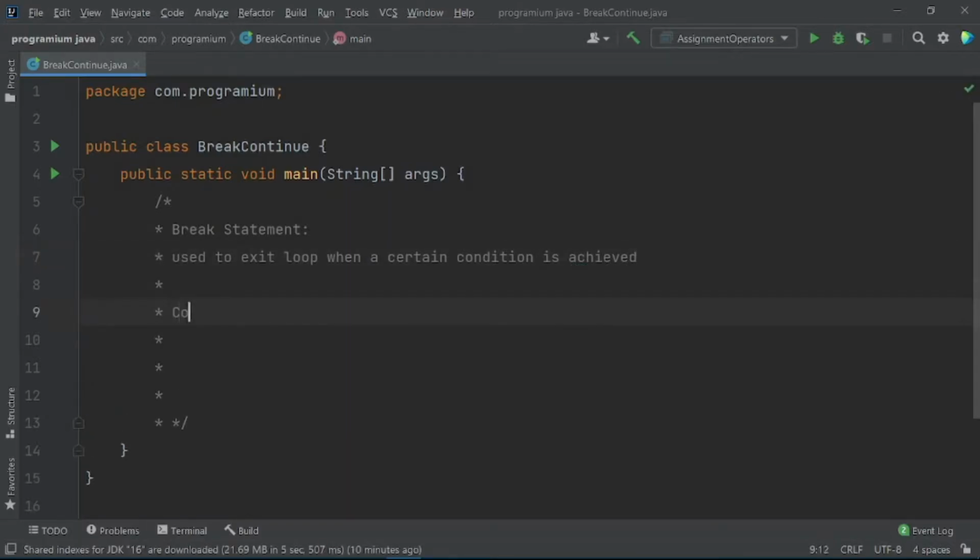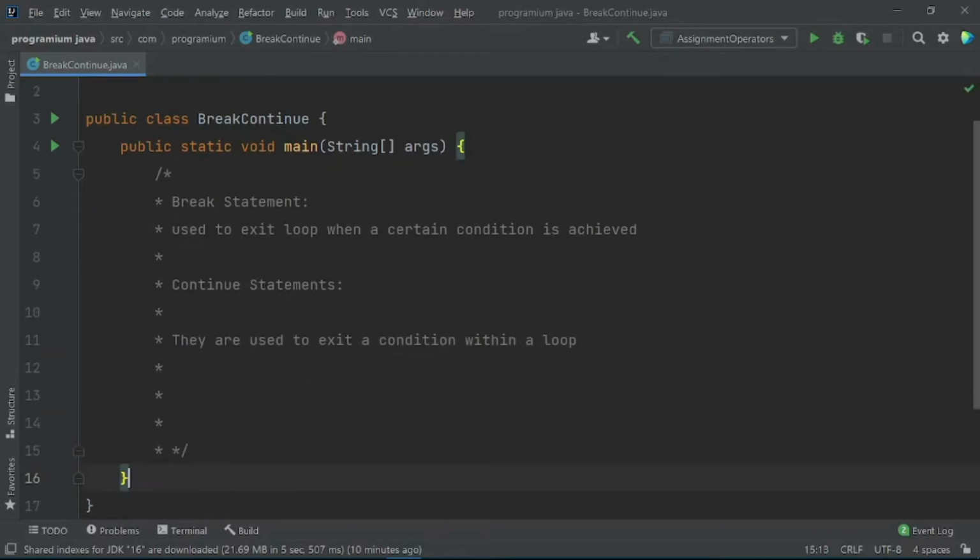And what are these continue statements? We can say that they are used to exit a condition within a loop.